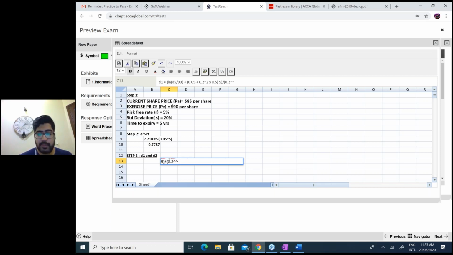For root, we take power 0.5 T. So multiply by root T. So you need to take the root of T. It's 5, 0.5. Okay. Whatever value you are getting for D1,